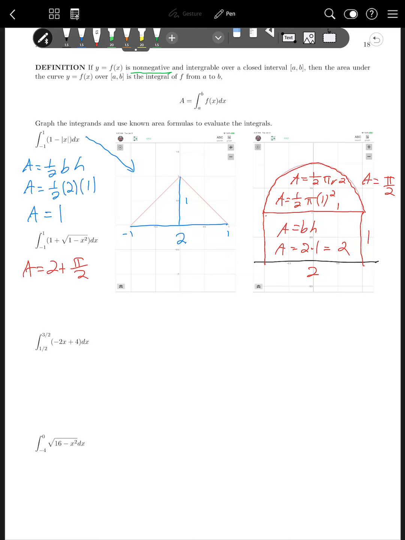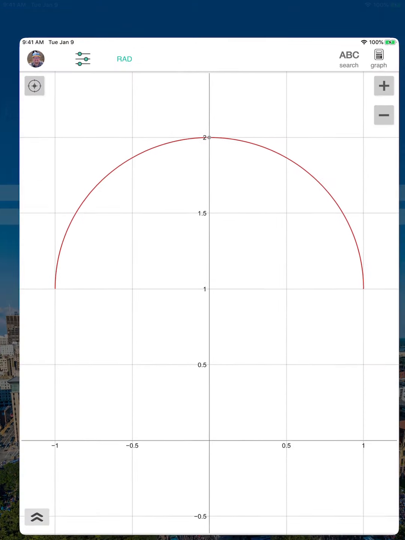Okay, so what I'd like you all to do at this point is pause the video for a moment and try graphing these other two and finding their areas in the regions given. Okay, so now that you've given those a try, let's go through them together. So if I graph the first one,